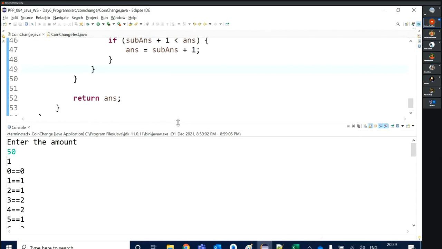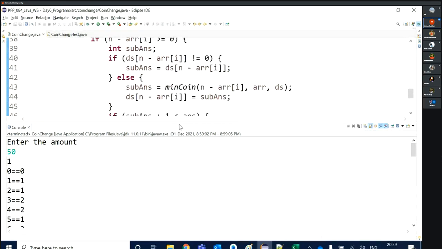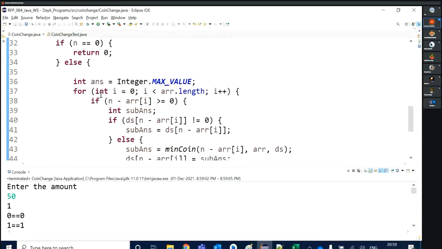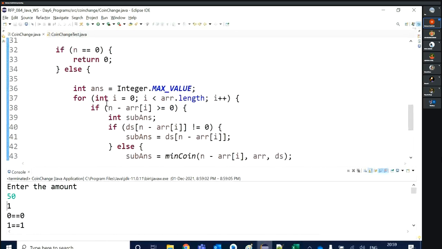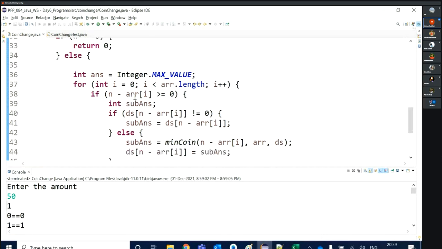Somewhere this minimum of 0 is calling. If I remove this condition, if n equal to 0, then let's go for 50. 50 minus 50, it will go for 0. If 0 not equal to 0, but this condition becomes true, the sub answer is 0, it will take.